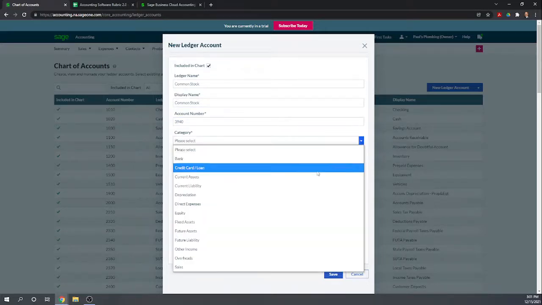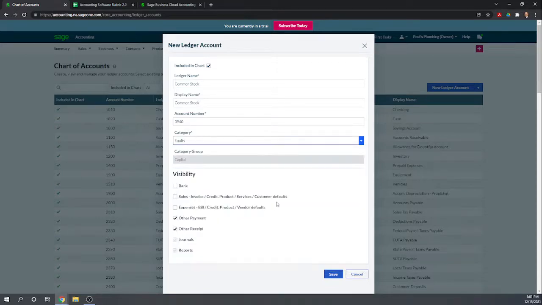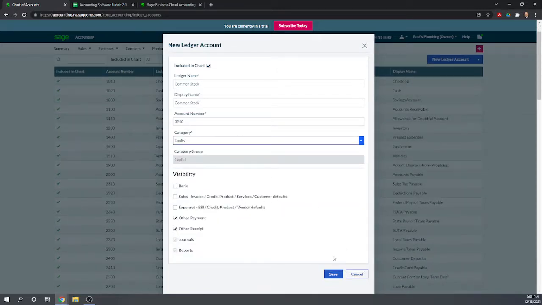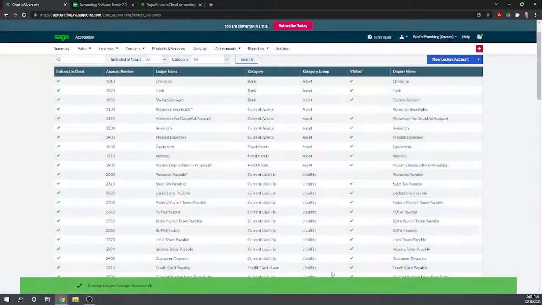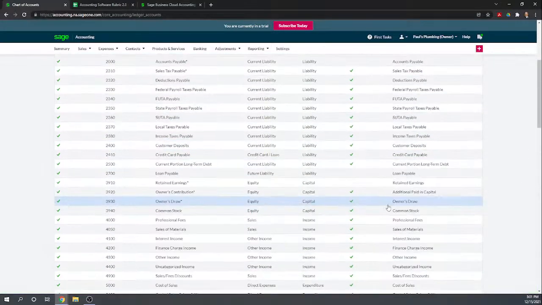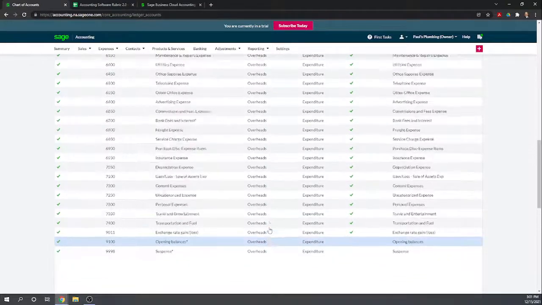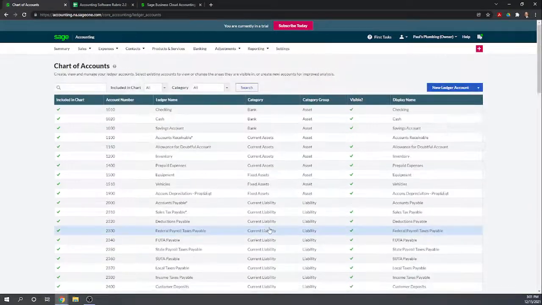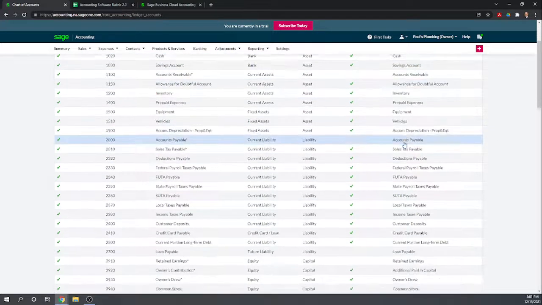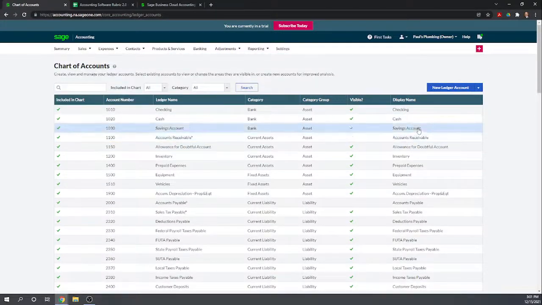Okay, and it's an equity account, and we'll just leave the visibility settings to their default, but we need to remember that they're here. We may need to change something in the future. Okay, I think the rest of our income and expense accounts, we can just use whatever they have set up. So good, that's our chart of accounts. That was very good. Now the other thing we need to figure out how to do is enter our beginning balances in our chart of accounts, and I don't see anywhere here for beginning balances,